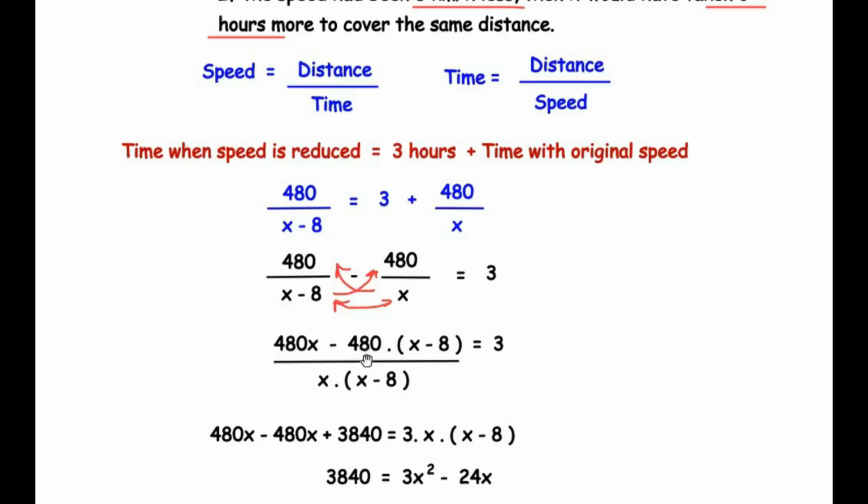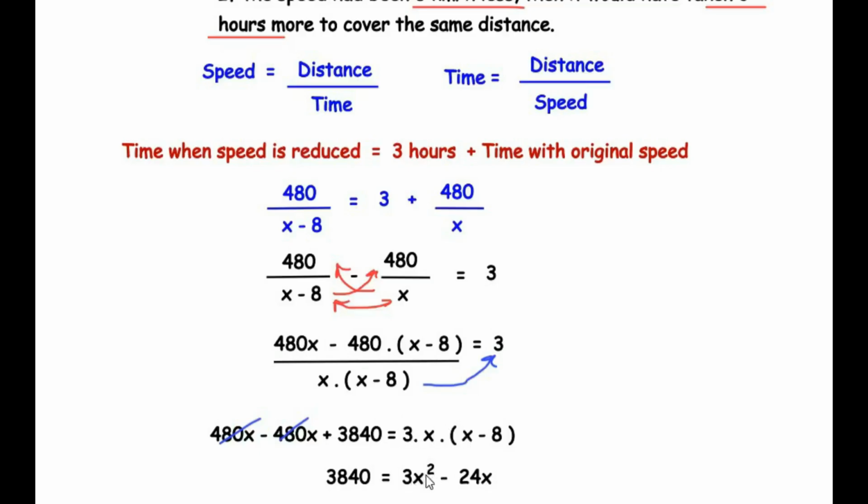That is minus 480 multiplies with x, giving us minus 480x. And minus 480 multiplies with negative 8, giving us positive 3840. And at the same time, this denominator goes on the other side of the equal to sign and multiplies with 3, giving us 3 times x minus 8. Now here positive 480x and negative 480x will add up to give us 0. So they get cancelled out, leaving behind 3840 is equal to, now expanding these two, we get 3x times x